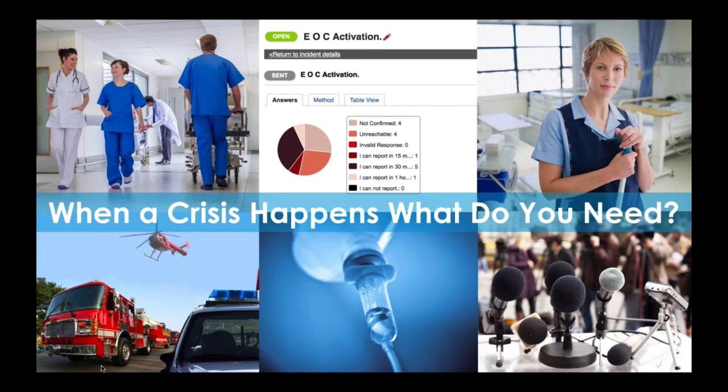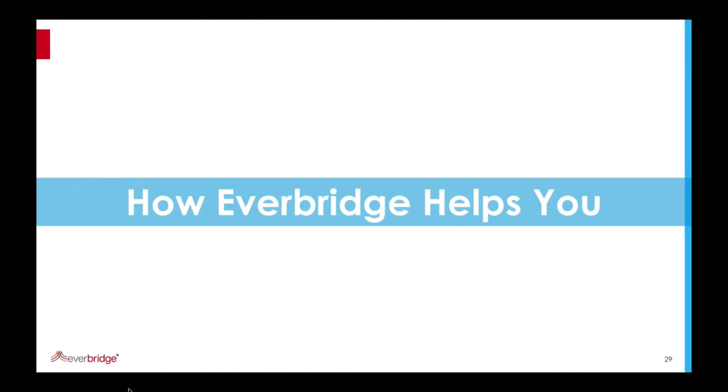That last picture in the bottom right, I put that there on purpose. When something spectacular like an active shooter or an epidemic happens, an Ebola patient walks into your emergency room, you're going to have to deal with the press. So I want that to be something that people are thinking about while they're putting together their emergency plans. What are you going to do if the media shows up? How are you going to handle that?